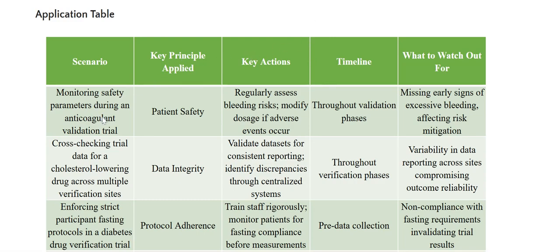Scenarios, we have monitoring safety parameters during an anticoagulant validation trial, cross-checking trial data for a cholesterol-lowering drug across multiple verification sites, enforcing strict participant fasting protocols in a diabetes drug verification trial, reporting immune response discrepancies in a verification trial for a vaccine,